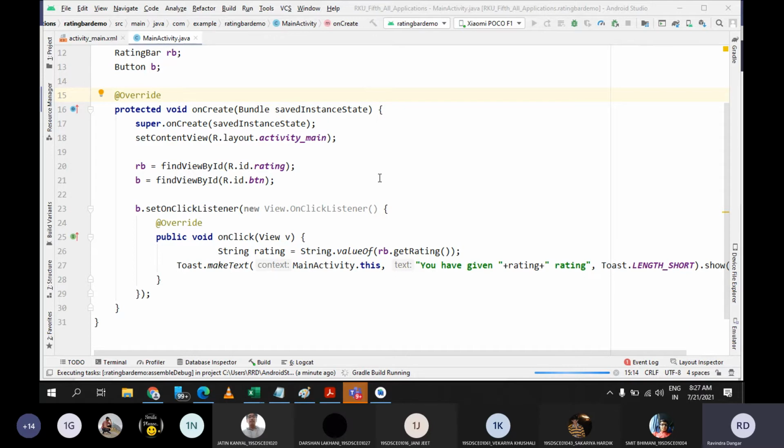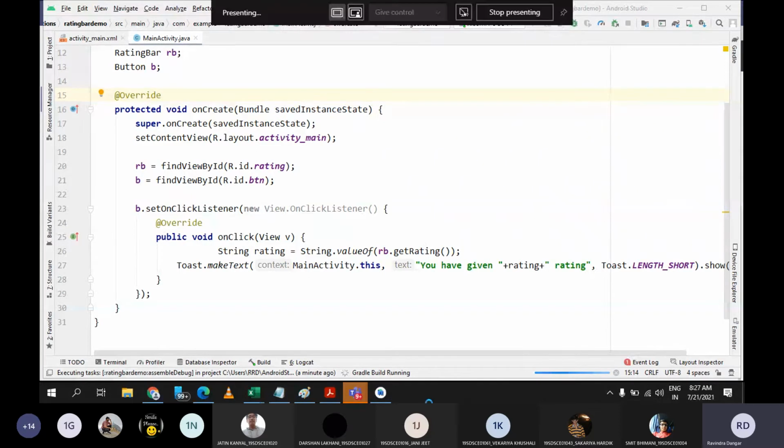Let's wait till the application gets installed here.